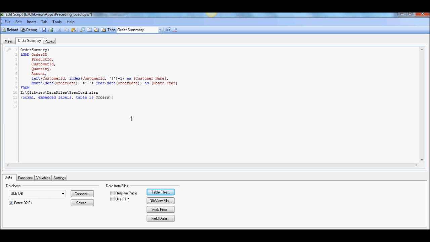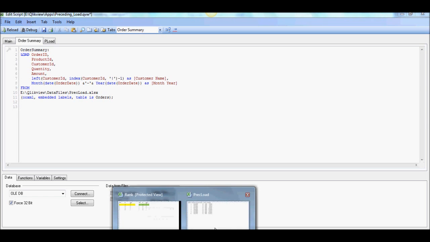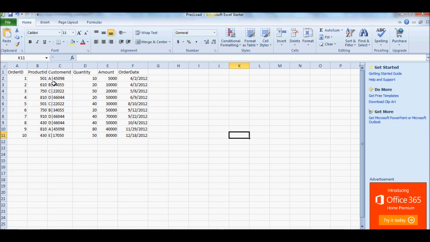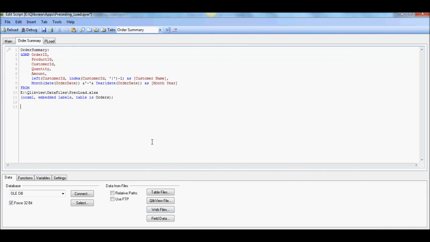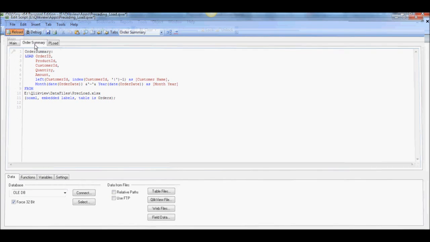Looks great. Okay, so we have two transform columns here. One is to extract the customer name out of the customer ID field. As you know, it's been concatenated, so all we're doing is using the left function and the index to find the pipe, and then go back and extract A, B, C, D, and so forth. So that's first, and then the second one is to extract month and year out of the order date and alias it as month year. So let's load this and see if it works. So reload,